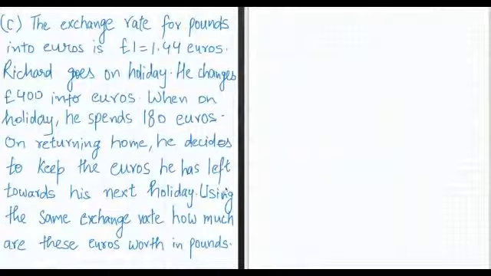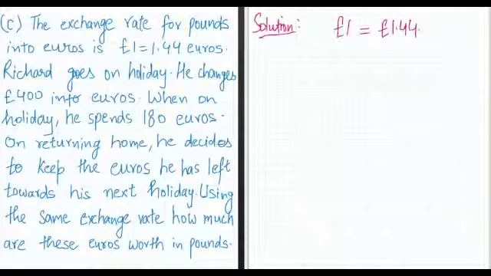The question says the exchange rate for pounds into euros is 1 pound is equal to 1.44 euros. You can see the question on your screen. So the information we got from the question is, that's our solution now. The first information is 1 pound is equal to 1.44 euros,